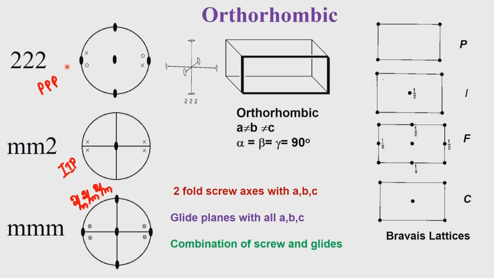So, we can therefore invoke the insertion of the two-fold screw axis by getting space groups P 2 2 1 2 2, P 2 1 2 1 2 and P 2 1 2 1 2 1. P 2 1 2 1 2 1 is the most favorite space group for organic molecules, particularly if they carry an asymmetric carbon, and that is because it allows for maximum flexibility in the system.